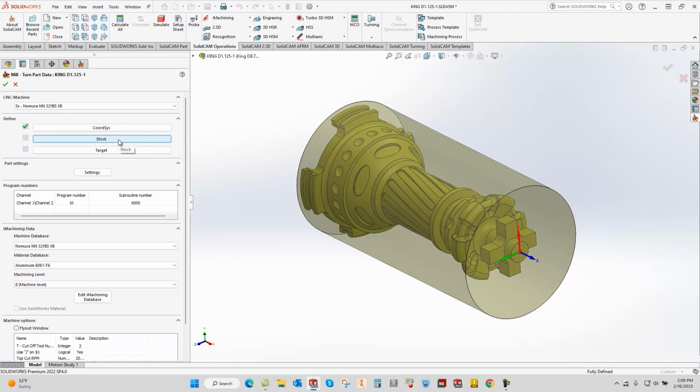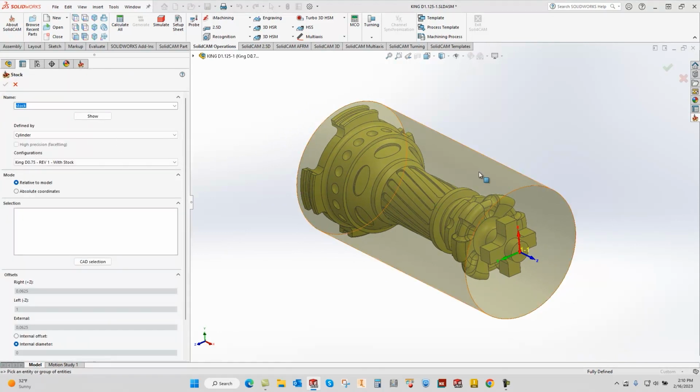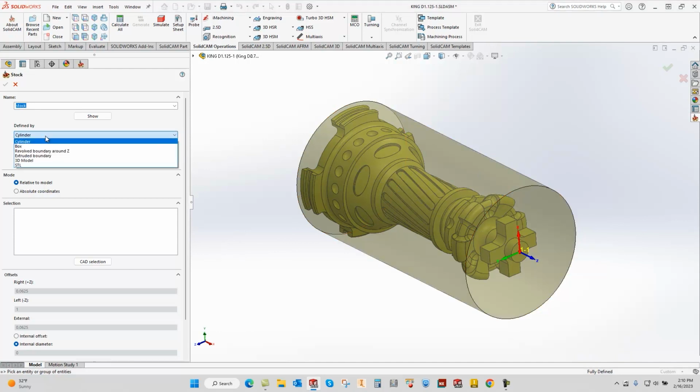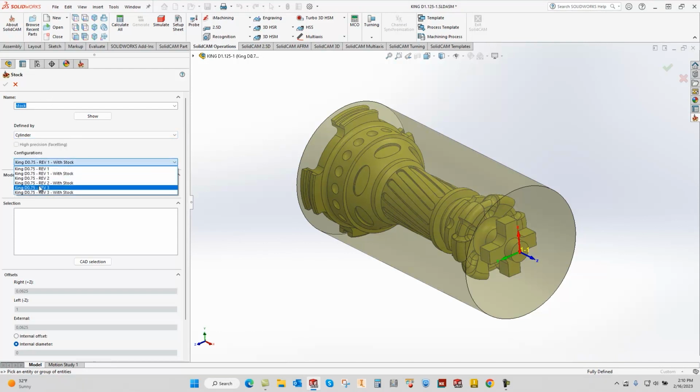Stock and target, very important. So let's go ahead and go into the stock. Now, I've already drawn my stock in here, as you've seen, but there's a lot of ways to develop your stock. That's why you don't have to develop your stock in the beginning. You can do it right here. You can also pull that from the configurations. So let's say I'm working with a different configuration with a longer king. Well, I can develop that stock to be associative to the part. So if the part changes sizes, the stock changes sizes, and it gives me that extra 10 thousandths per side,